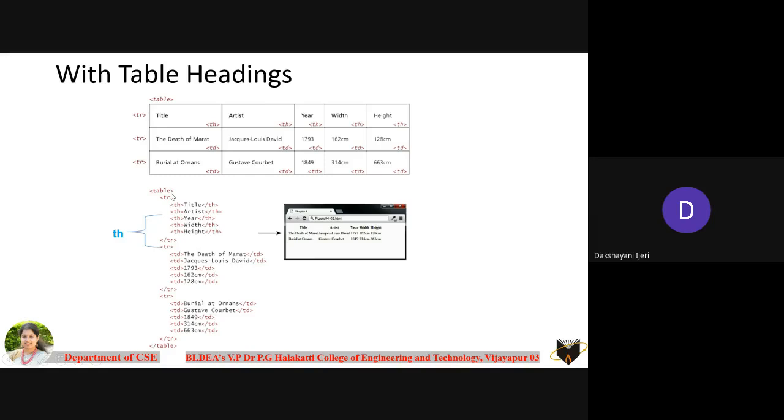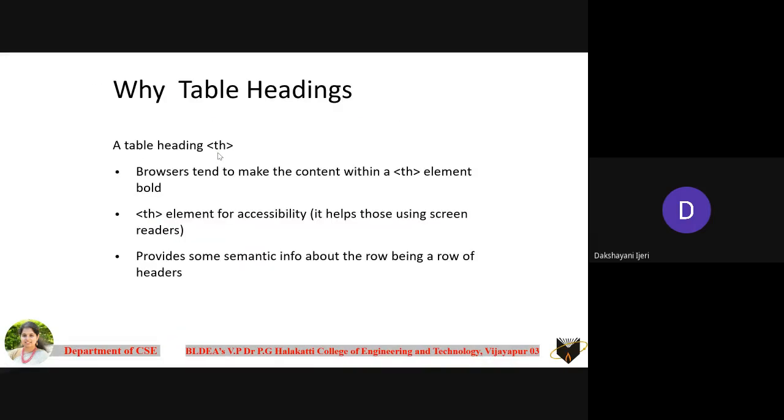Okay. So is everyone clear with the th element now? This example has been demonstrated only to make you understand the difference between the th element and the td, right? Either th or td both have to be used within the tr elements only. Okay. So is everyone clear? Yes, ma'am. Yes, ma'am. Yes, ma'am.